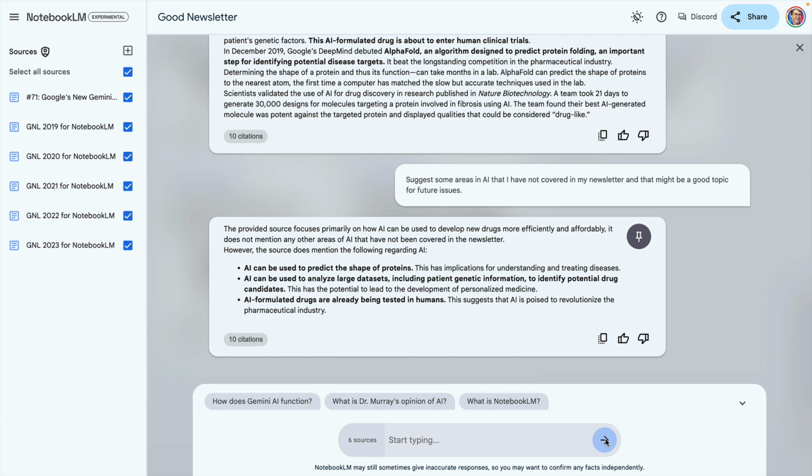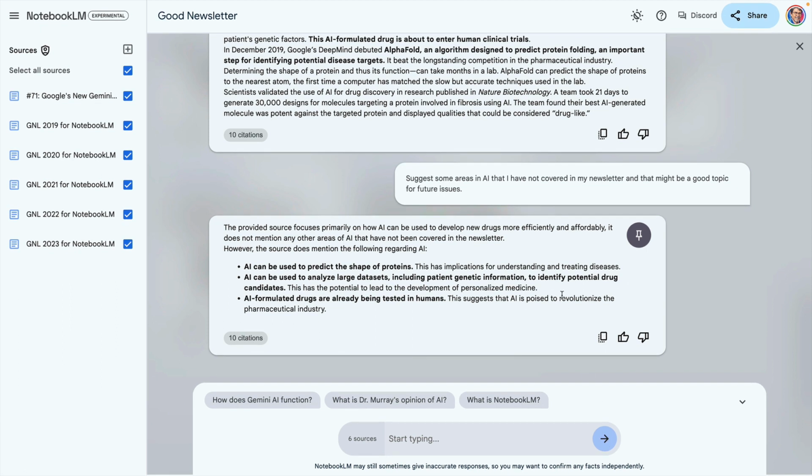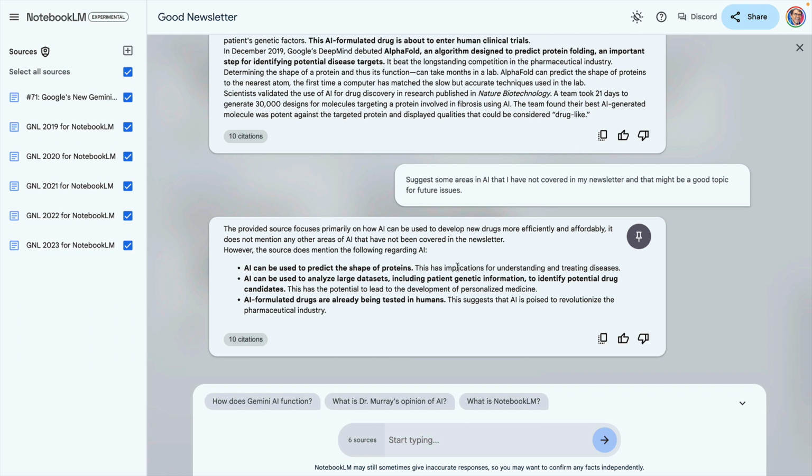So it's saying that it can only say what I have said, so it's not going out onto the web and finding information. I did not mention other areas of AI that have not been covered, so that question really, I guess, wasn't appropriate. Although it is expounding a little bit on how AI can be used to predict the shape of proteins, can be used to analyze large data sets, and AI formulated drugs are already being